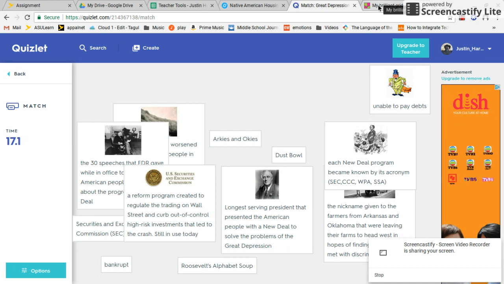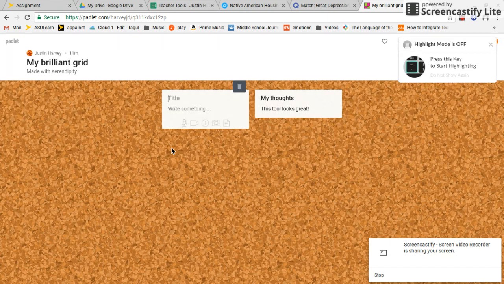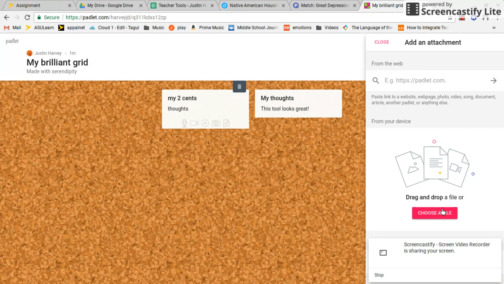The third is Padlet. Padlet is an online bulletin board, if you will. It's a space that you can create as a teacher for the class to come on the board together and all create content. So I can come in here and say, my 2 cents. I've already got a post there. And let me go back in here. So they can add their own thoughts. They can also add attachments. They can add images. So if they want, they can choose a file. They can add